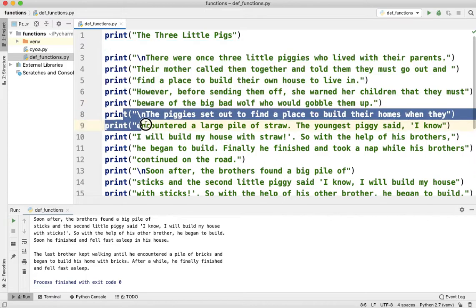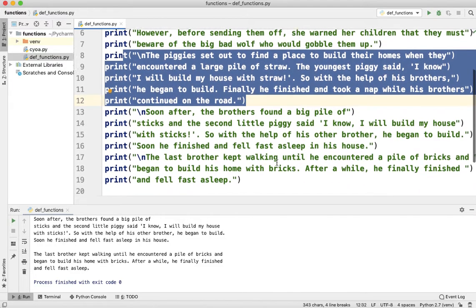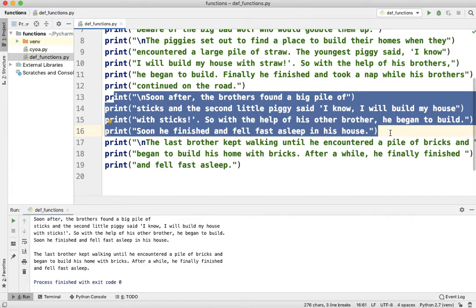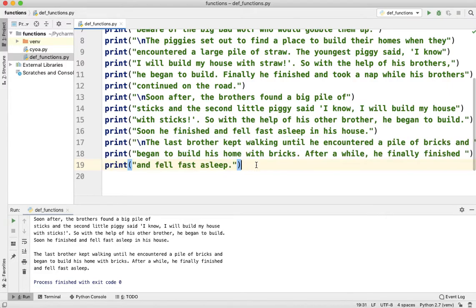I have the second part of the story where the first piggy finds the pile of straw and decides to build his house with straw. I have the third part of the story where the second piggy finds the pile of sticks and decides to build his house with sticks. And the last part of the story where the oldest brother finds the pile of bricks and decides to build his house with bricks. If I go ahead and run the file,